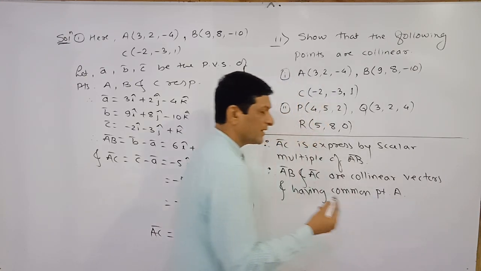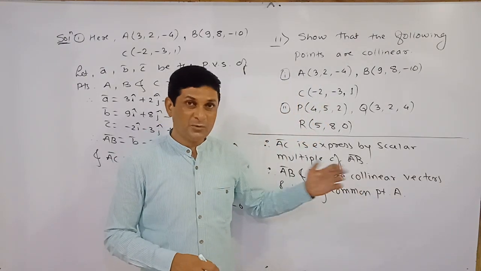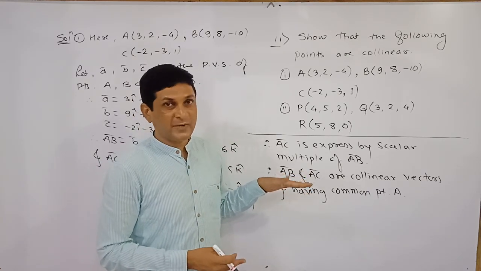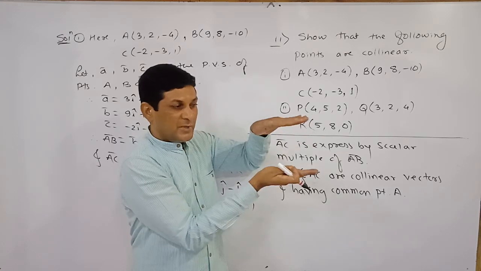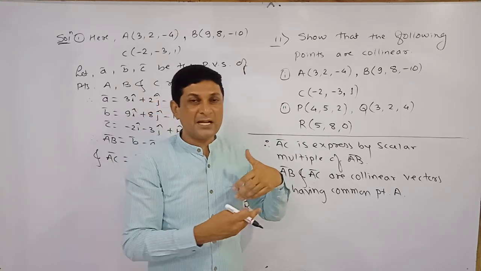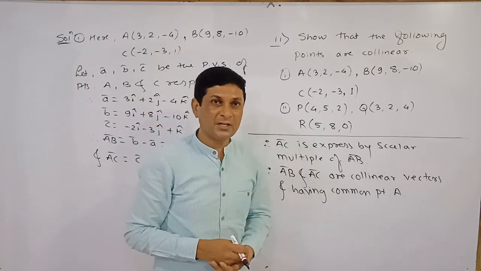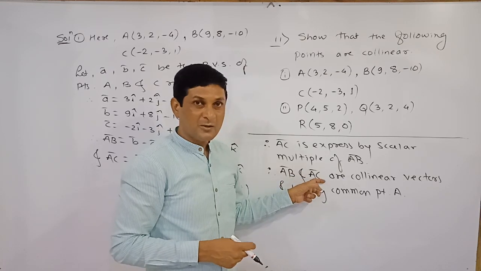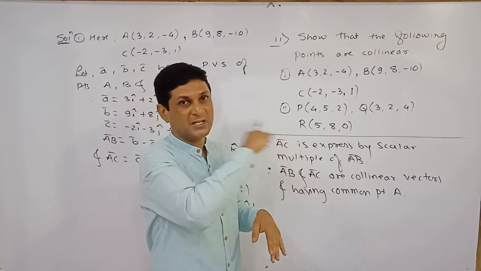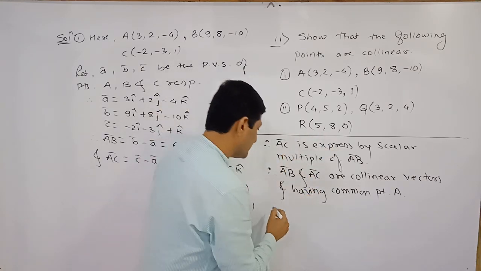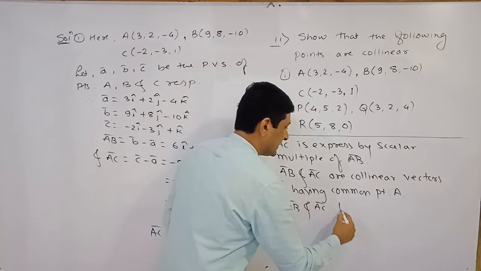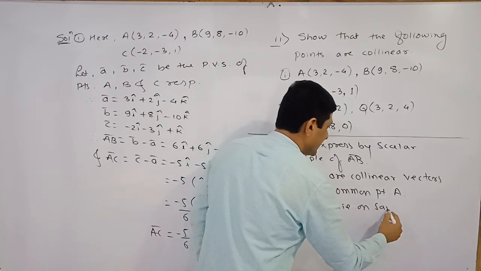A. So now again try to understand, these two vectors are collinear, but we know that collinear vectors are also called as what? Parallel. Means it might be possible that these vectors either lie on the same line or maybe parallel to each other. If they are parallel, means definitely the points do not lie on the same line, and that's why we can say that points are non-collinear. But here AB bar and AC bar are collinear or parallel, but if they have one common point, means definitely these two vectors lie on what? Same line. So that's why we can say that therefore AB bar and AC bar lie on the same line.